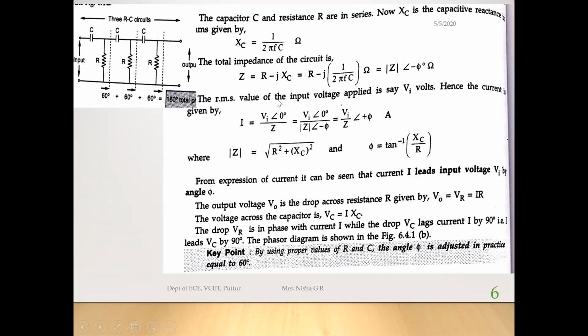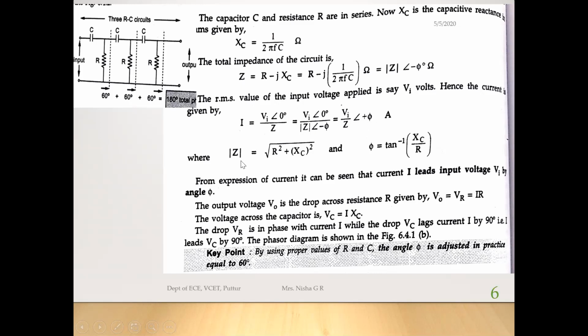Now we are calculating the output voltage, right? So to calculate the output voltage, we require the current flowing, I. That is VI divided by Z. What is Z? Z at an angle minus phi. So when I take this to the numerator, it will be like VI by Z at plus phi.